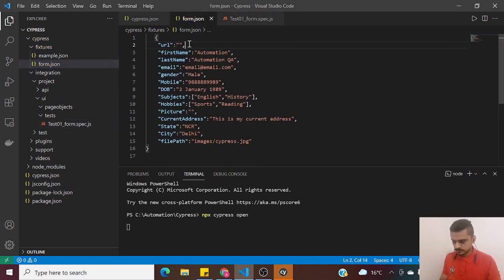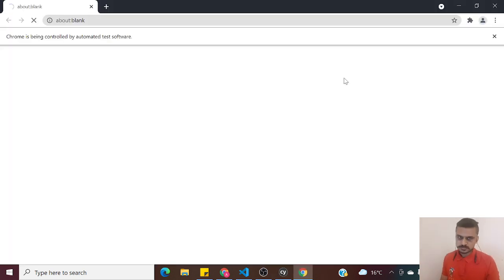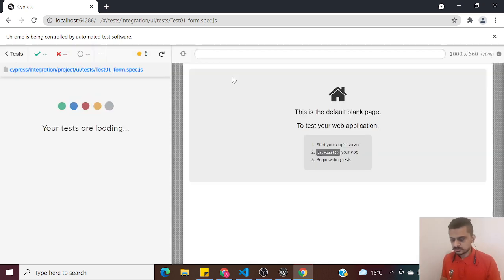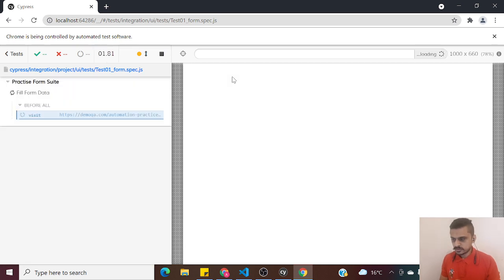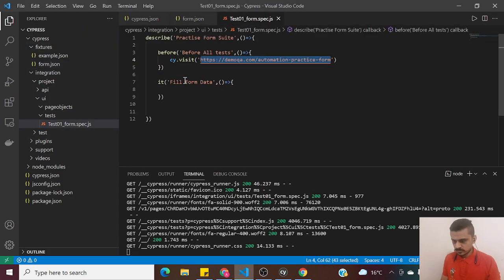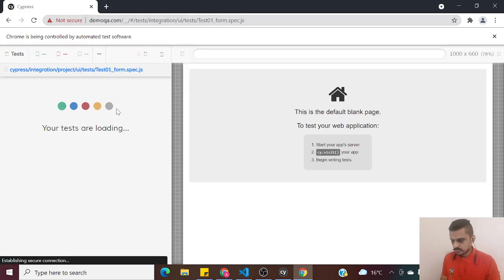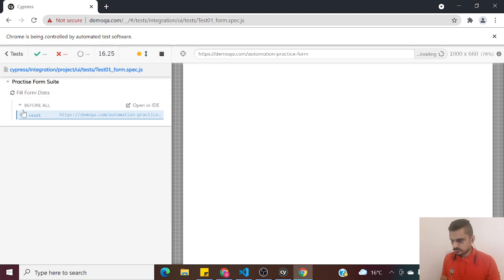Okay, so the test runner is open. So we have the spec file. We have changed the integration folder now. Click on this one, and since we have selected Chrome 91, it should open up the URL and navigate to it. So that's a simple test case, it is just navigating to a URL. So we have this fill form data. It is a test that we have kept the name over here. Test is fill form data, and our suite is